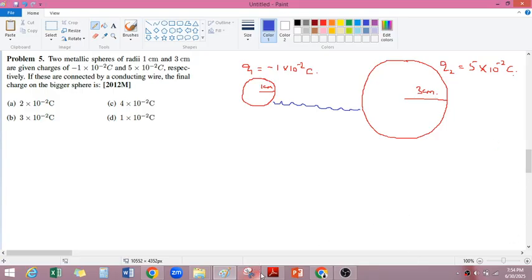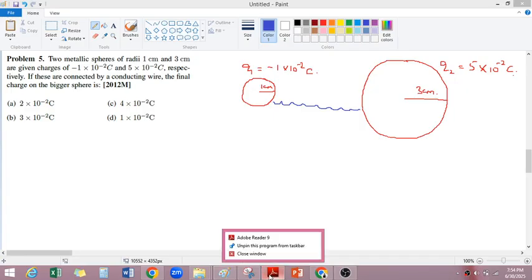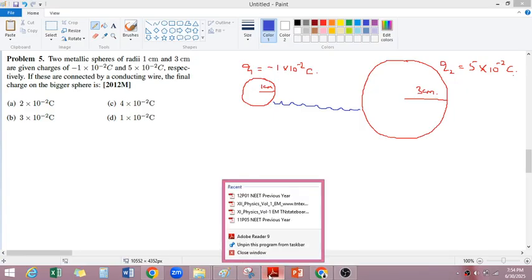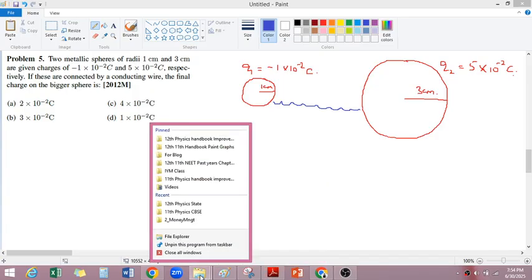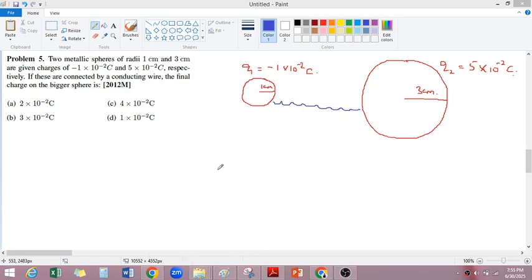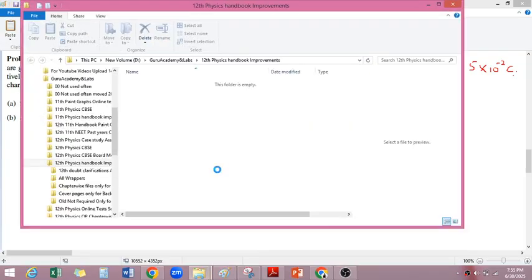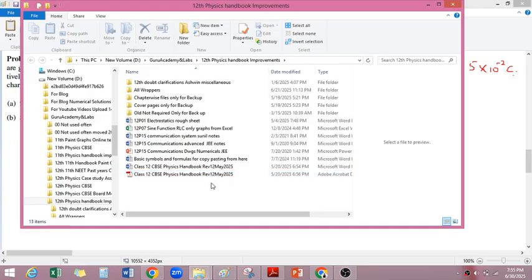Okay? If you don't know these concepts, sir, then it's very simple. So I would recommend you to go to the handbook. So the distribution of charges in a conductor. Yeah, that topic. So I'll show you for the benefit of everyone, I'll show you where you should go and study. Okay, I don't know whether they have given it in the book, but